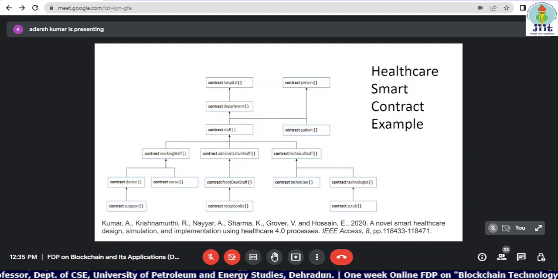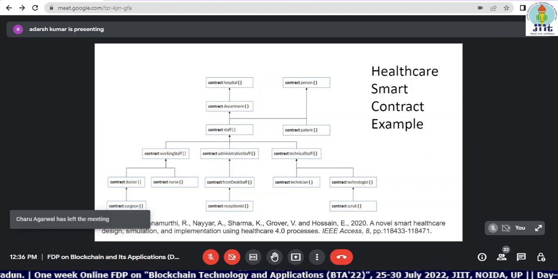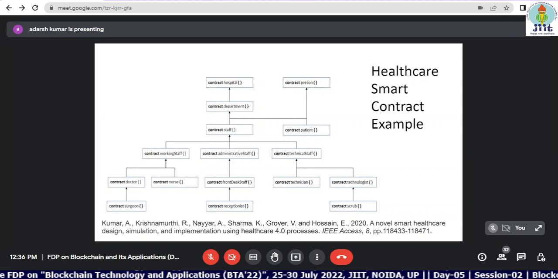It'll help you understand what the different technical parameters are that you can evaluate. For example, there is a hospital. So what is required for the hospital in a contract? Hospital ID is required, hospital service is required, hospital treatment, hospital equipments. All of those details can be put in the form of a variable or a list or a table, and they can be integrated. So this is a brief about these smart contracts. Much more detail is available in the publication. You can go through it if interested.